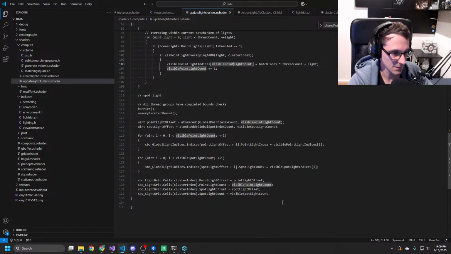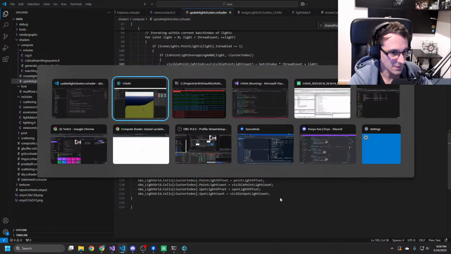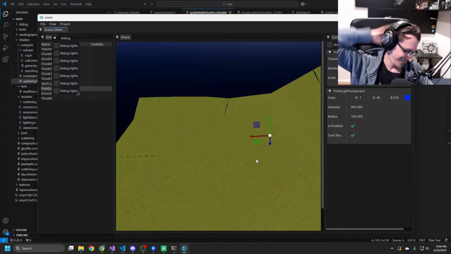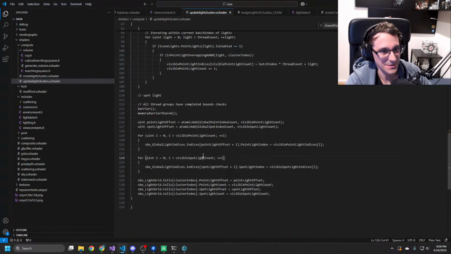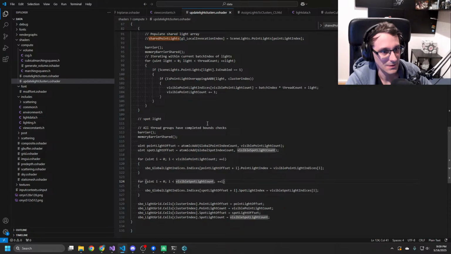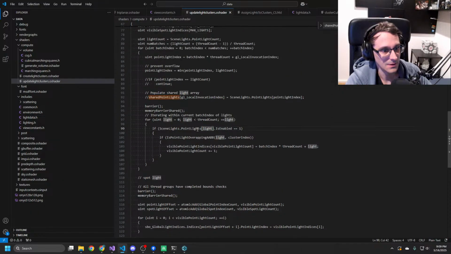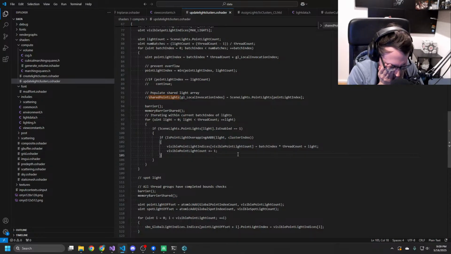Is that not... Why is that not working? What? I would have assumed that this would work. So maybe that's not the issue. And we just, because RenderDoc is shitty, it didn't show the memory.